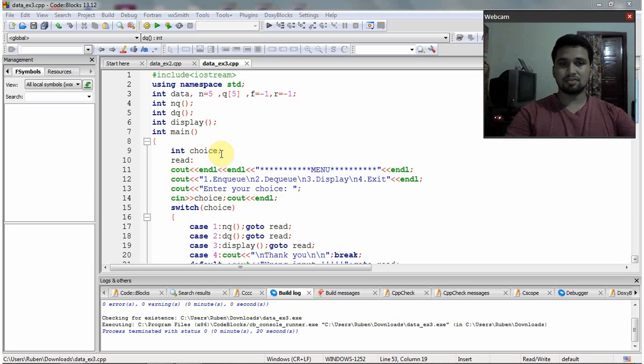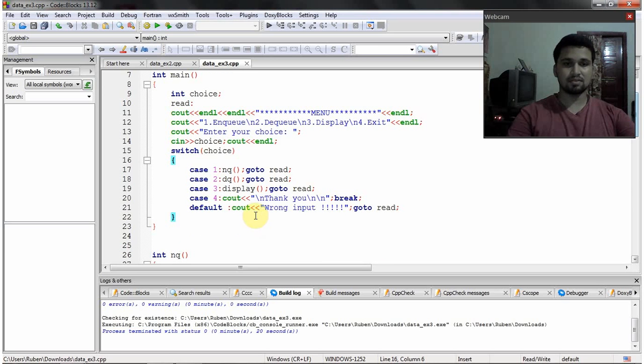And here int choice is the variable I've used to get the choice from the user, and here we have the menu: enqueue, dequeue, display and exit. We get the choice from the user here, and in this switch case it's very simple. We have case 1 enqueue, case 2 dequeue, case 3 display. Straight away we just call the functions here,